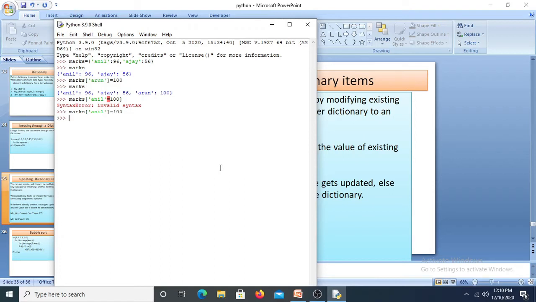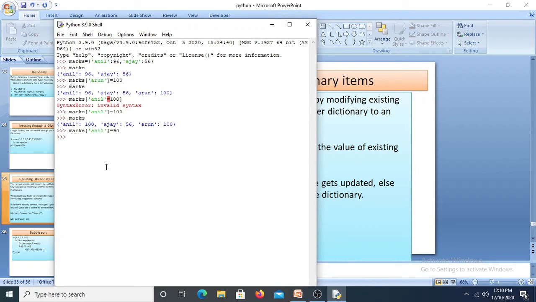Okay, so once I call marks here, marks for Anil has been updated. What if you want to use the same name with a different value? How does it work?